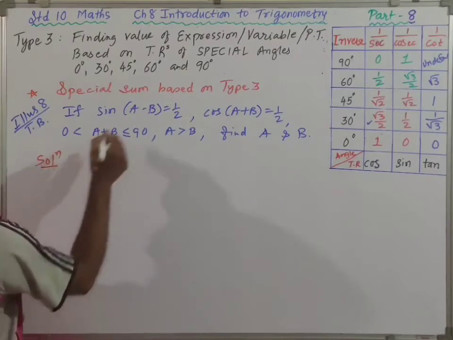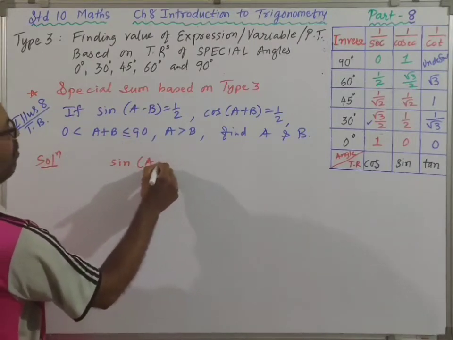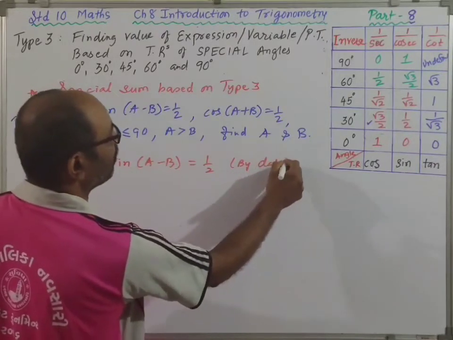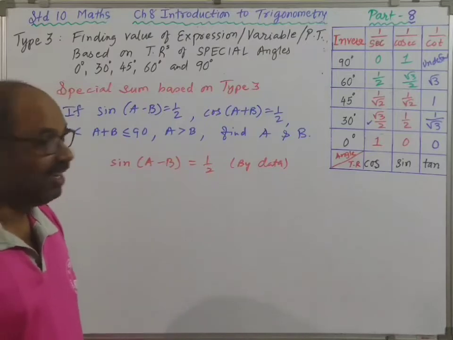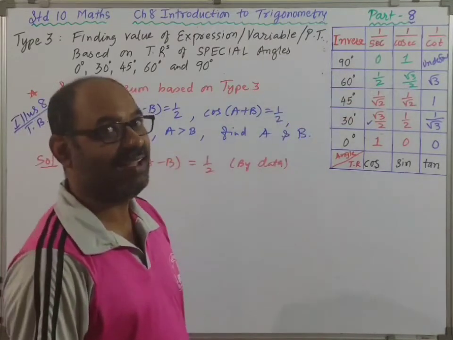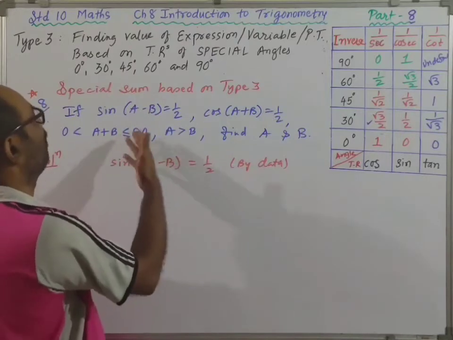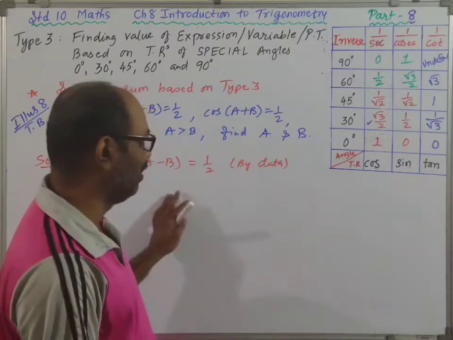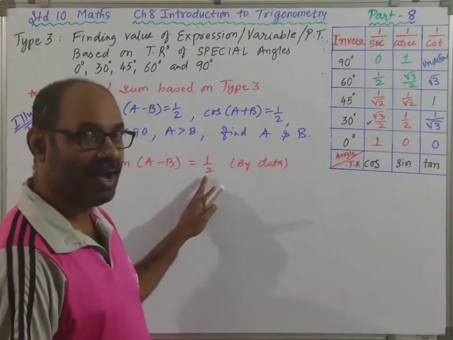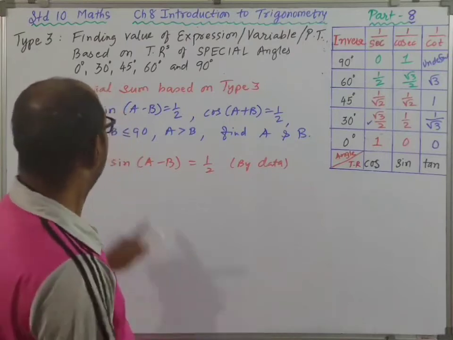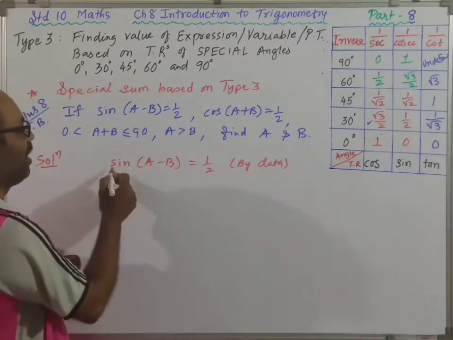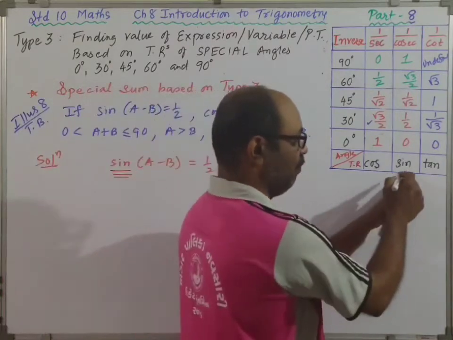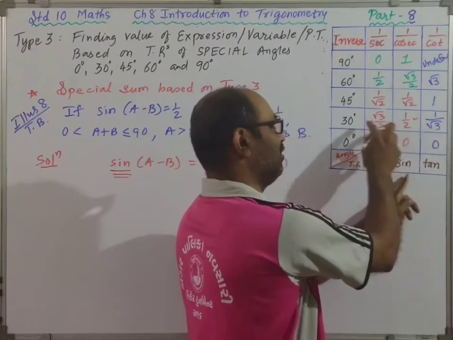Solution. Sine of A minus B is equal to half, by data. ठीक है? अब हमें ये यूज करना है, लेकिन ऐसा कोई एंगल नहीं है 45 डिग्री, 0 डिग्री, 30 डिग्री, 60 डिग्री. No, there are no such angles. तो उल्टा काम करना पड़ेगा. हाफ और वो भी साइन में ही चाहिए, तभी हम कंपेयर कर सकते हैं. तो साइन में कहां हाफ आता है देख लो. Find out half. Here it is, so that is 30.